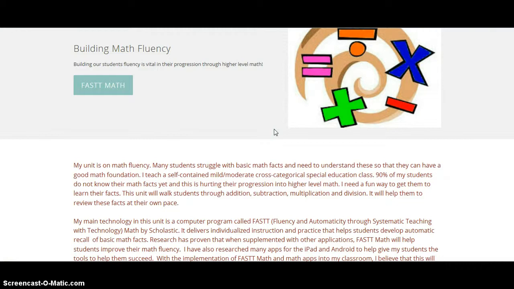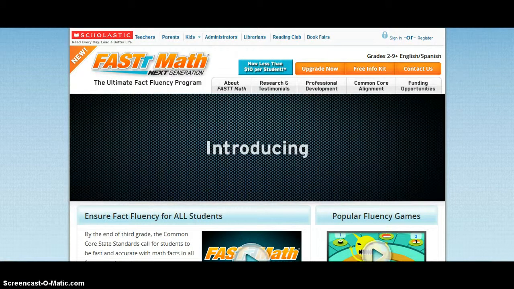So I am using this unit kind of to parallel my regular curriculum, which is Envision Math. And this is a year-long unit. Some kids will finish early, some kids will take a while. It's self-paced, and it works with the student to help them automatically recall those facts. So here on my home page, if you click on Fast Math here,